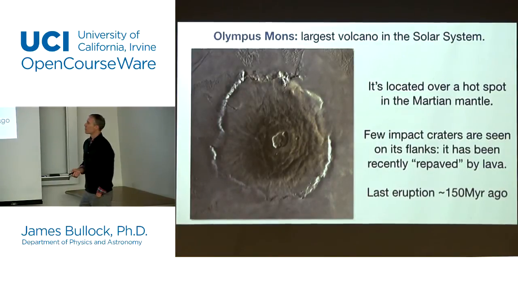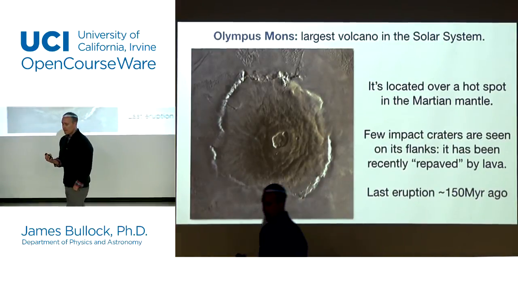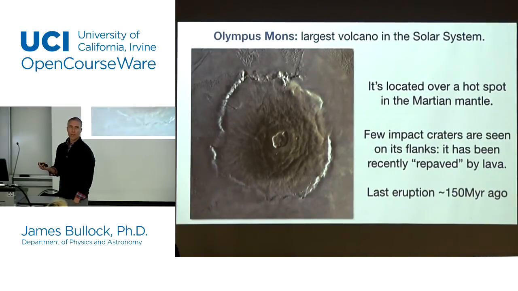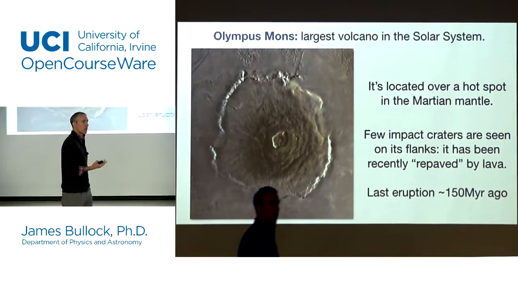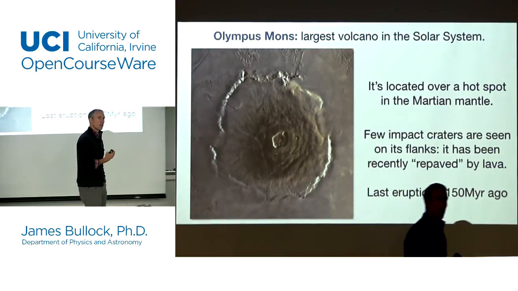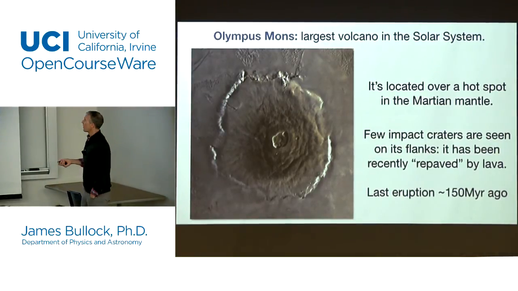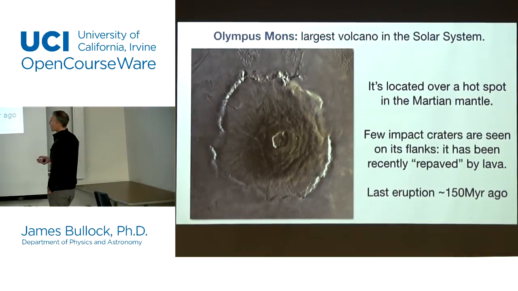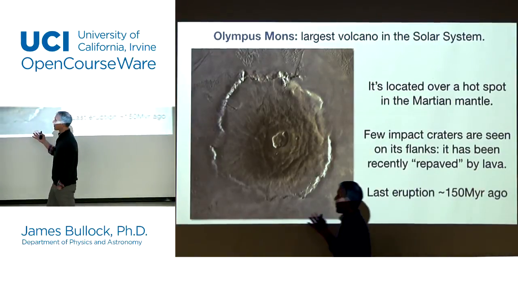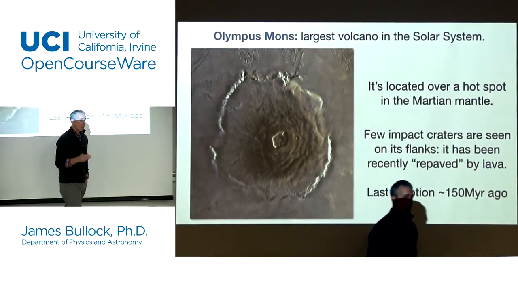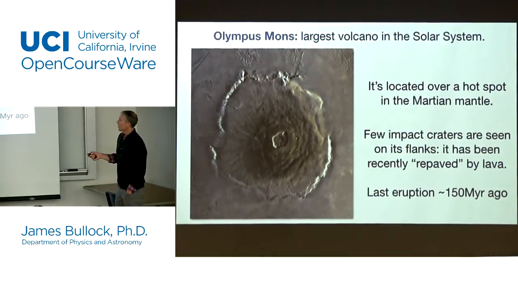A few other things about Mars, since we're talking about Mars. Mars is sort of our best example of an alien world, and we can look at it to see what kinds of things might change as you step onto an alien world, and what might be the same and might be different. One of the things that's very interesting about Mars is it has the solar system's largest volcano. It looks like there was volcanism on the surface of Mars up to about 150 million years ago or so. This is called Olympus Mons.